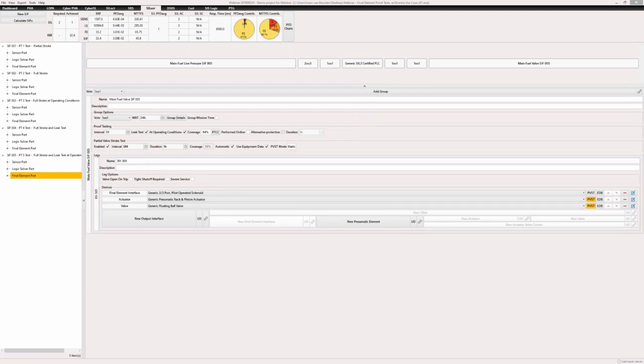How do we calculate proof test coverage? In our case, we do a detailed analysis of a product. We look at all the dangerous undetected failure modes, and then we look at the different tests, and we determine, can a test reveal a particular failure mode? And if yes, then it's obviously covered. If not, it's not covered. And we kind of saw that if I go back to the slides,